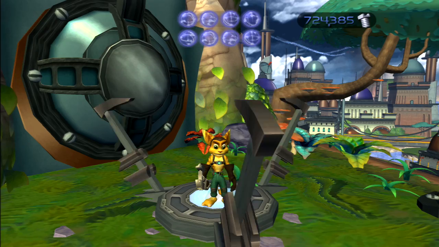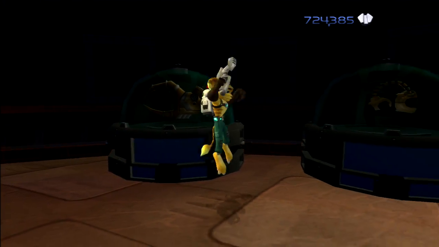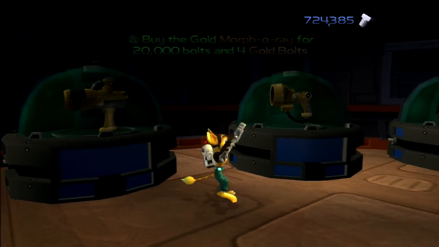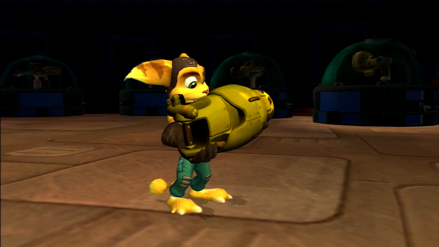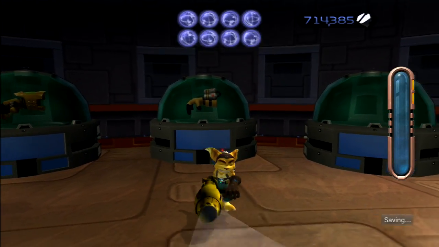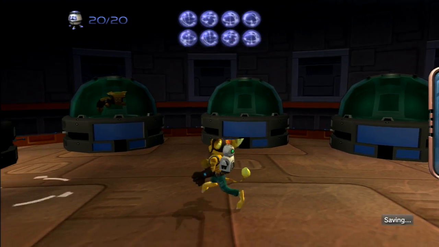So, there is now a special room where you can buy more powerful versions of the weapons you already got. Requires 4 gold bolts per one, and then a bucket of bolts, basically. Which is why we have so much, so buy the soot cannon. Sweet. So you're going to watch me do all this first, and then I'll go show you what it actually does. Never showed the decoy glove really, but